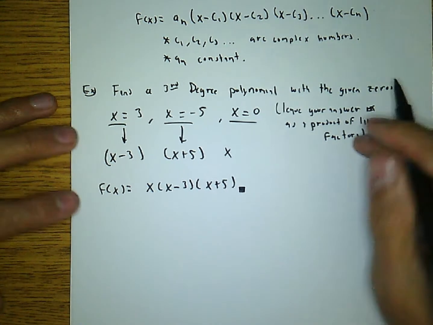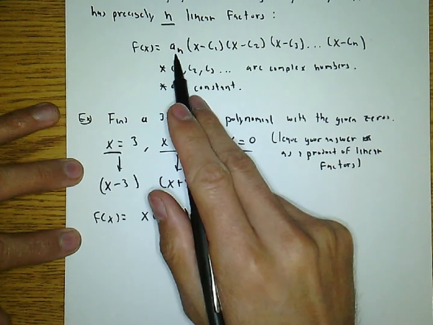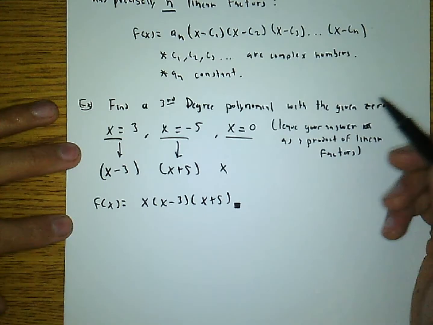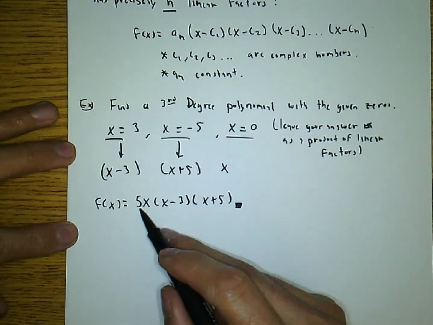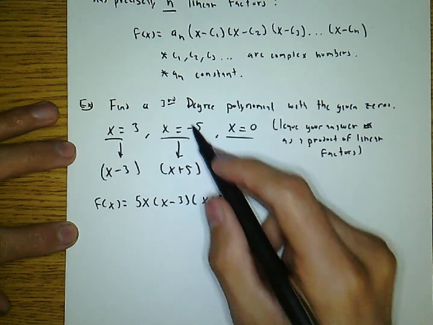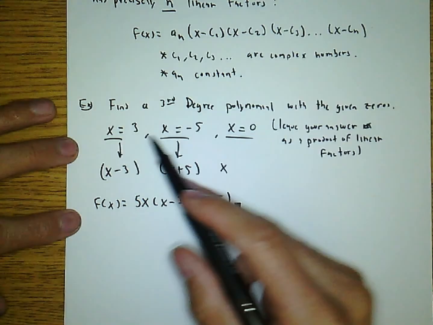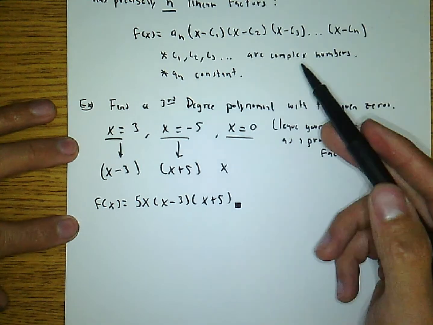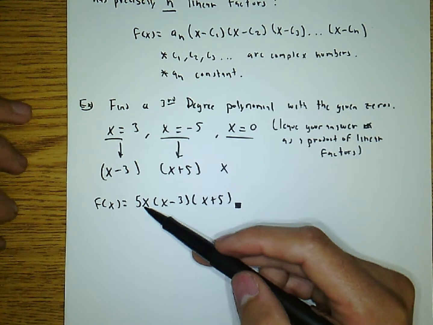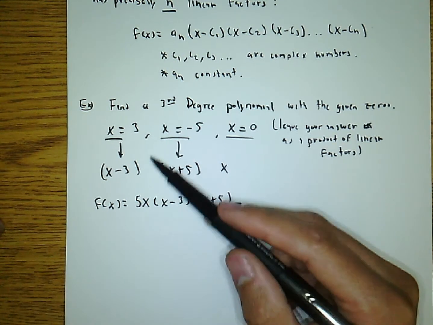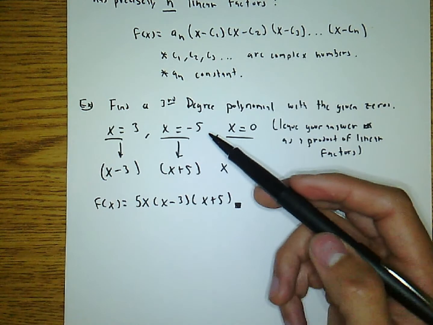I could have other answers. For example, look at this. It says that you could have a constant. So since I didn't give you any other restrictions, somebody could say, well, let's throw a 5 in there. Why not? 5x, that would still give me a 0, that would still give me a 3, and that would still give me a negative 5. So it still has the same zeros. It still meets all the requirements. It's just that you change this, which is going to have a little bit of a change on the graph. However, it still has the same roots. Okay, so